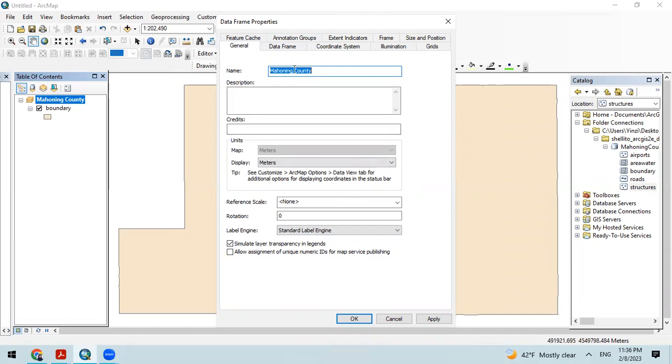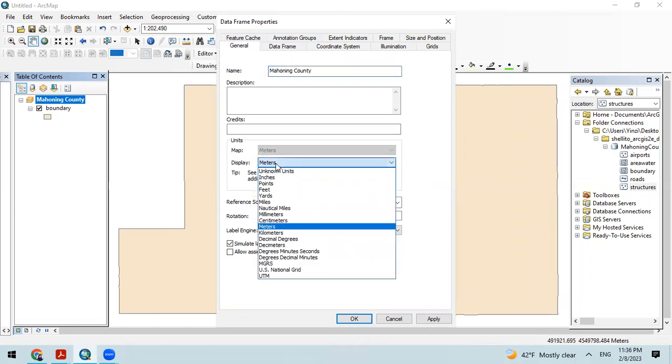So yeah, this is change name and this is meters, and then you can change it to, for example,